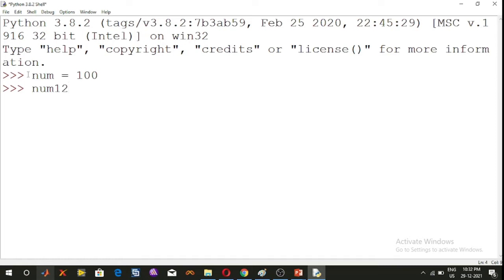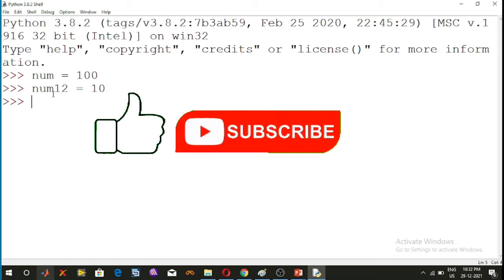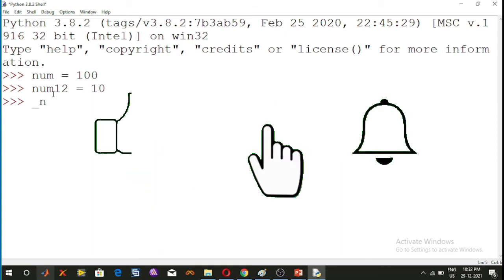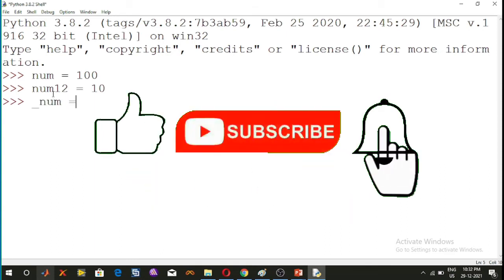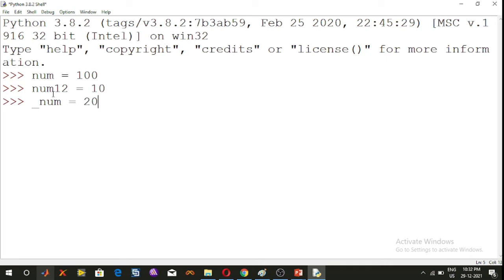Python variables can be a group of letters and digits. So num12, a group of letters and digits, is equal to 10, and Python variables are also used with an underscore, _num is equal to 20.